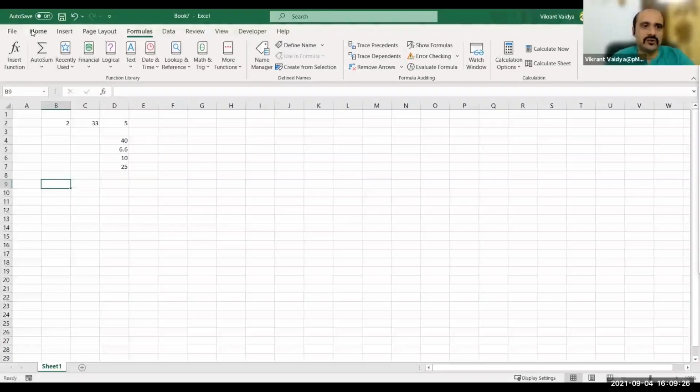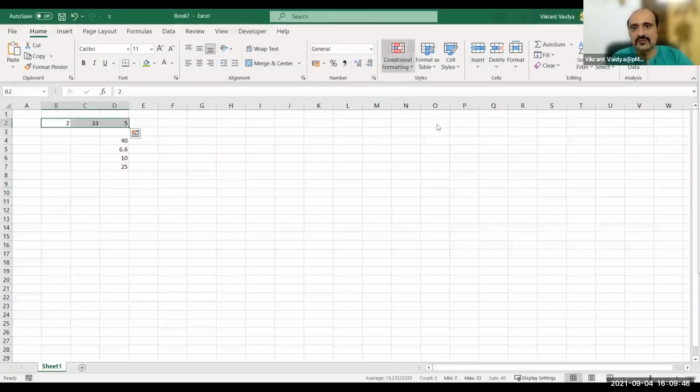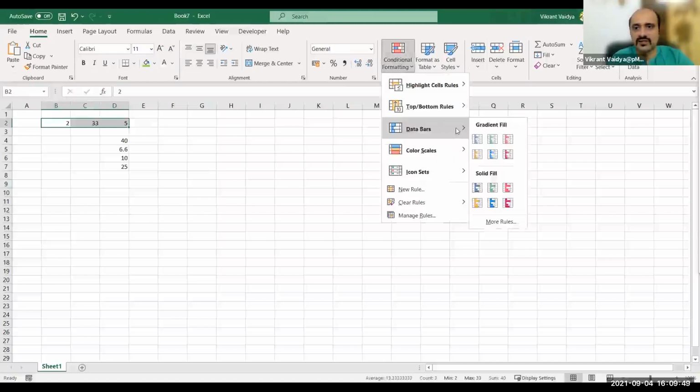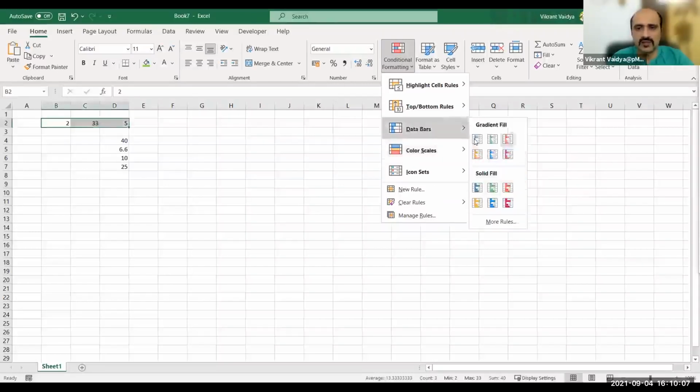So you have a bunch of things here. The Home tab usually has a bit of everything, all the tools. You can format the cells, you can format the number in the cell, you can put conditional formatting. So you can put the biggest number in green and the smallest number in blue. Or you can do the other way around, smaller number in green and bigger number in red. All those things are possible. You can explore this on your own time.